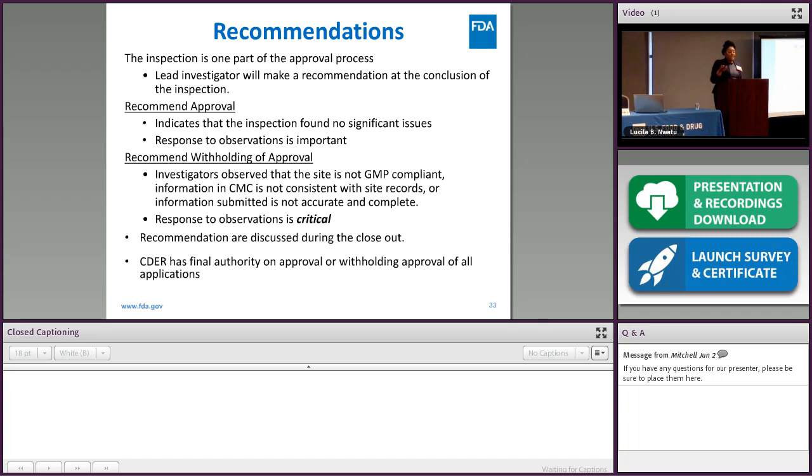So we have done the pre-approval inspection, and now we're at the end of the inspection, and we are going to make a recommendation. The inspection is one part of the approval process, so it's not the entire part. But at the end, the lead investigator will make a recommendation at the conclusion of the inspection. If the investigator states that they're going to recommend approval, it indicates that there's no significant issues that would delay the pre-approval. Not that there may not be a 483, but it doesn't rise to the level enough to withhold the